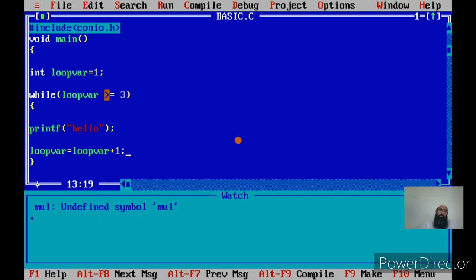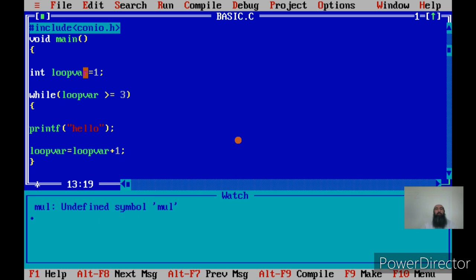One is the initialization part, second is the condition part on the loop variable, and third is the incrementation part of the loop variable. Whenever you write loops, you should check that these three parts are present or not. Now the first part, initialization, is present, and it is outside the loop, that is, this statement is outside the loop body.